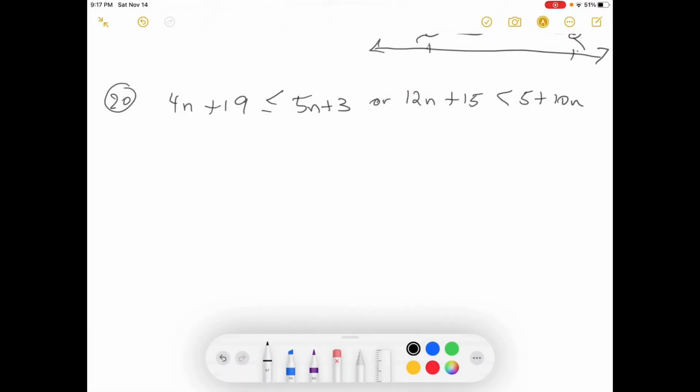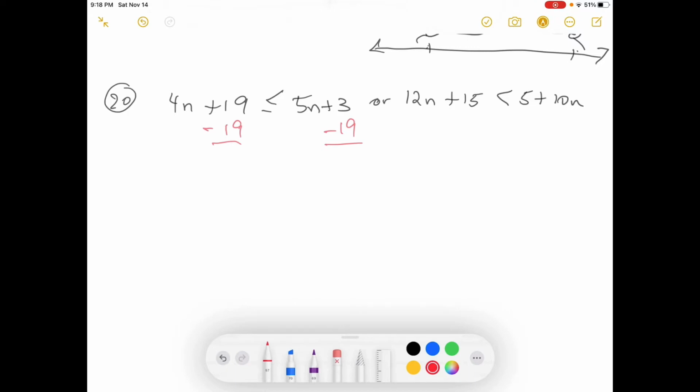Here we go. We're going to do a significantly more complicated problem on the same worksheet. It's number 20. And we'll start here with negative 19 on both sides. We're going to clear the numbers, put the numbers on one side and the variables on the other. In order to do so, we use the golden rule of equations and inequalities, which means that whatever you take away from one side, you have to take away